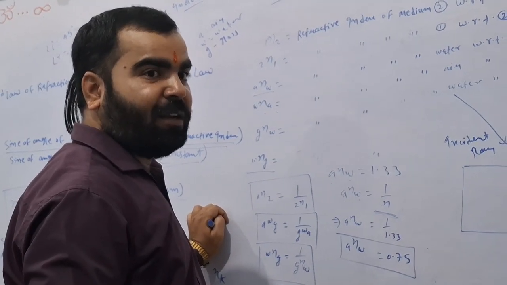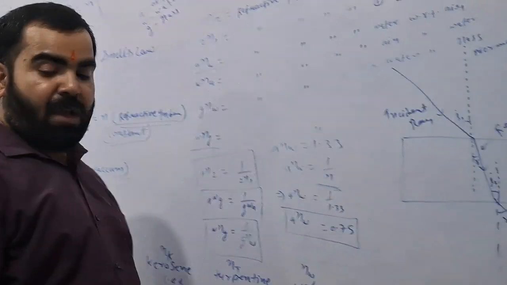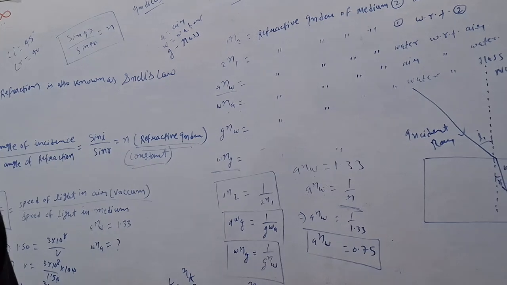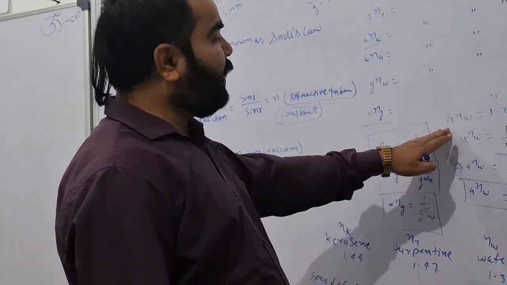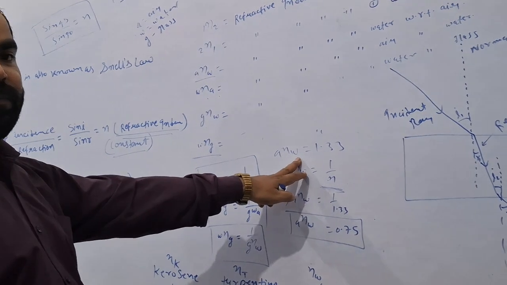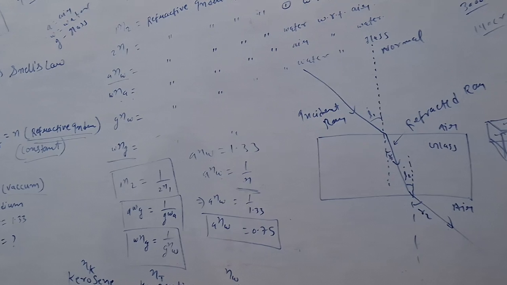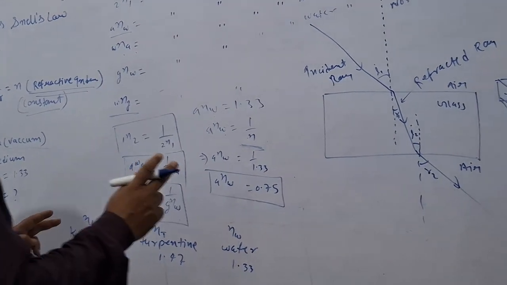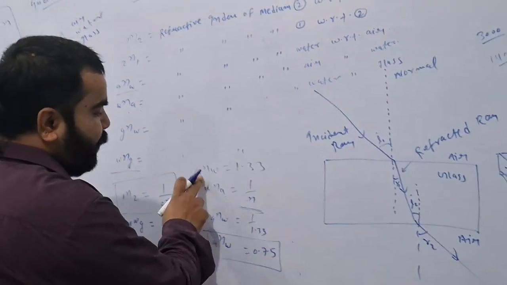Confusion? No, correct me there. I am confused. Sir, it is given in the question that the refractive index of water for light going from air to water. So we have to find the refractive index of light going from water to air. Water to air means we have to find WA, just opposite of this.